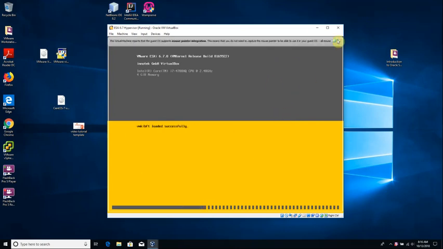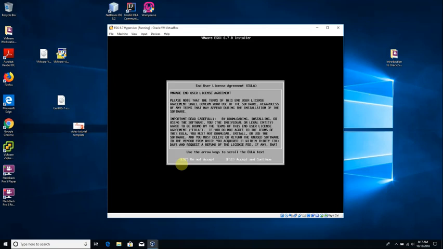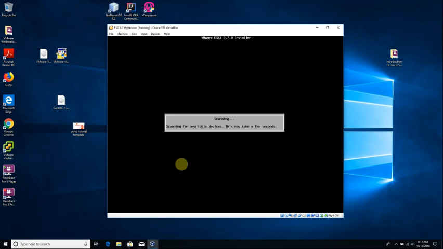Okay, it's not so bad, it's going relatively fast. So in this step we just have to type enter on the keyboard in order to continue. Then we have to type F11 to accept and continue the end user license agreement for the VMware ESXi 6.7 installation. Okay, I'll hit F11,